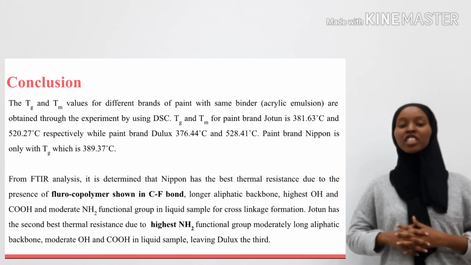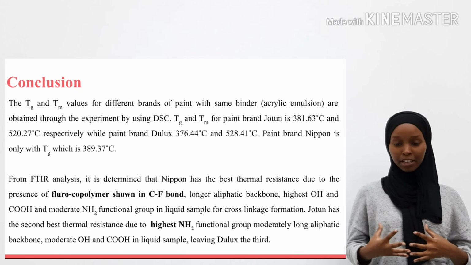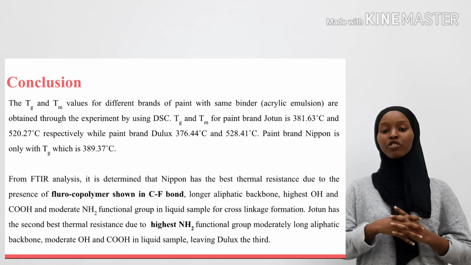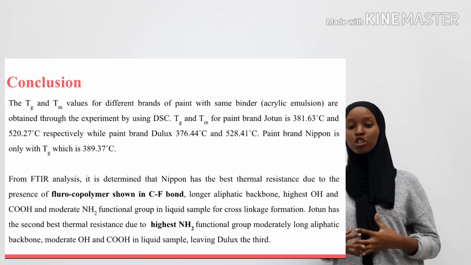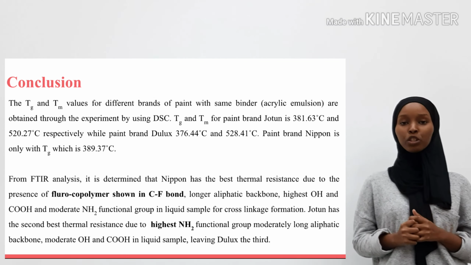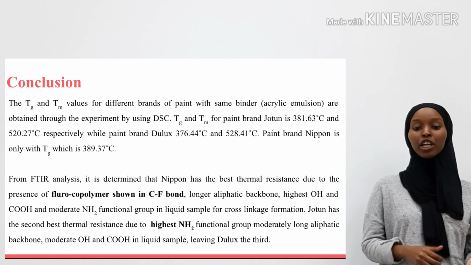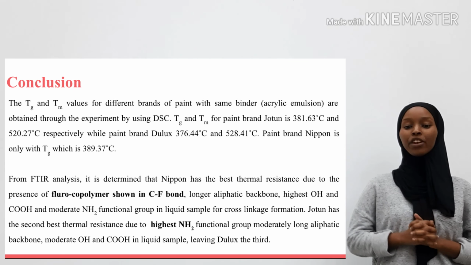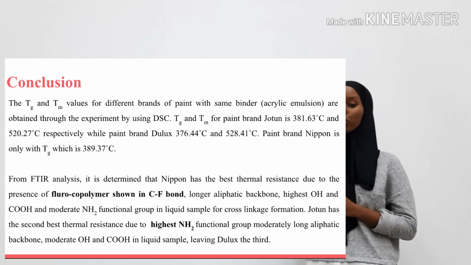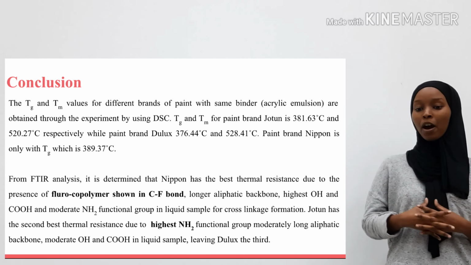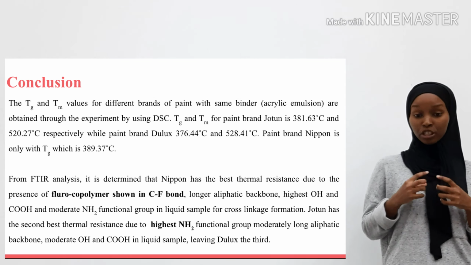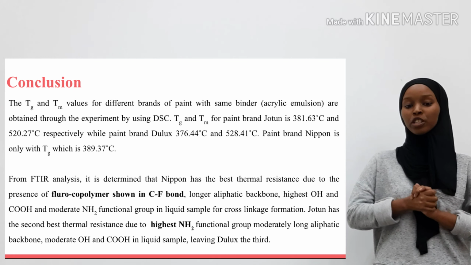So in conclusion, for the DSC analysis, we have obtained the Tg and the Tm for each brand. The Tg and the Tm values for brand Jotun are 381.63 Celsius and 521.27 Celsius respectively, while for brand Deluxe they are 376.44 Celsius and 528.41 Celsius. Finally, for the paint brand Nippon, only the Tg value was obtained,